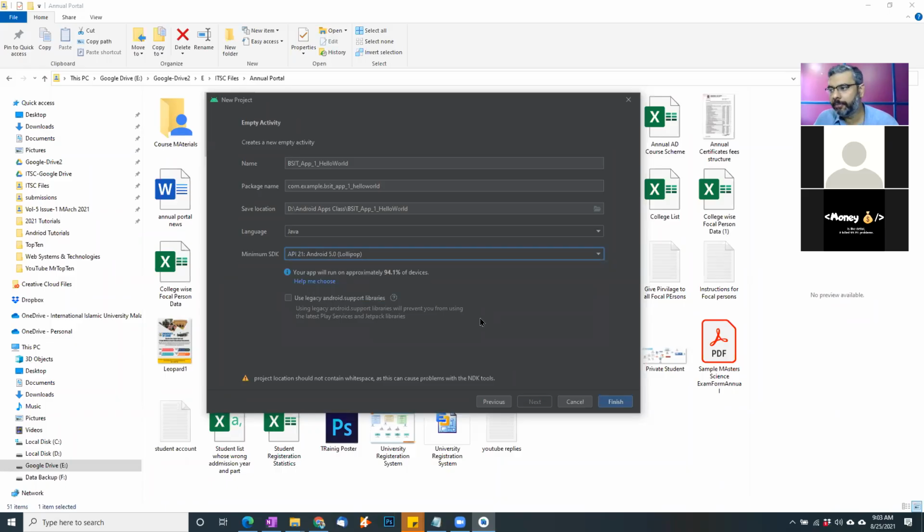That's my choice. For you also, I recommend that initially at the development level, we work with 5.0. Then when we start developing professional applications, you just need to be aware of which API is more suitable for your larger audience.